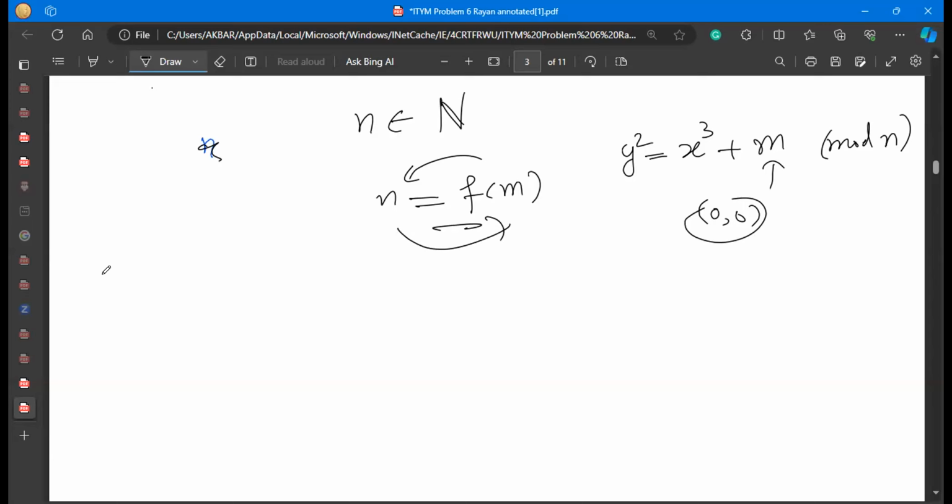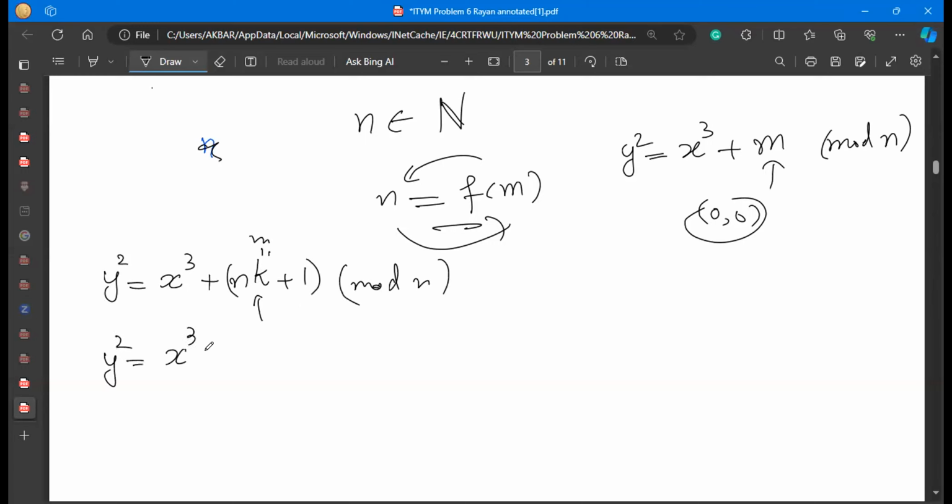या आप एक और काम भी कर सकते हैं कि why you don't try to find something like y square is equal to x cube plus n times some integer k plus 1। अब मैंने m की ये वैल्यू रख ली है, ठीक है, m मैंने क्या रखा, n टाइम्स सम इंटीजर प्लस 1। अगर मैं इसको मॉड n करूँगा तो मॉड n में ये इक्वेशन रिड्यूस होगी, क्या बनेगा, वाई स्क्वेयर इज इक्वल टू एक्स क्यूब प्लस 1, क्योंकि ये n टाइम्स k तो मॉड